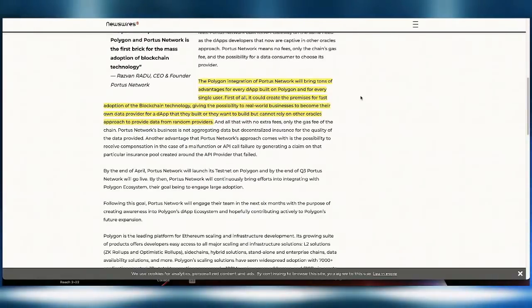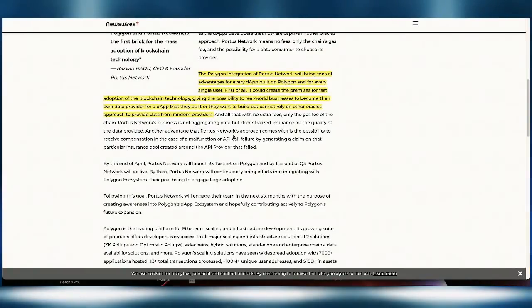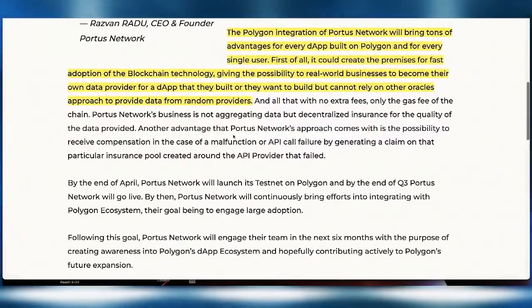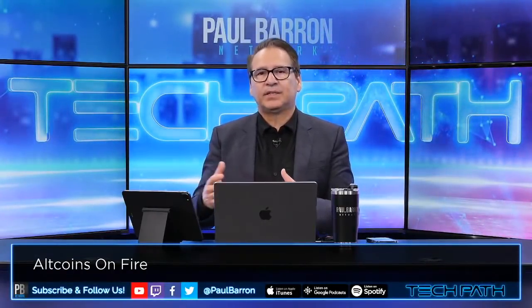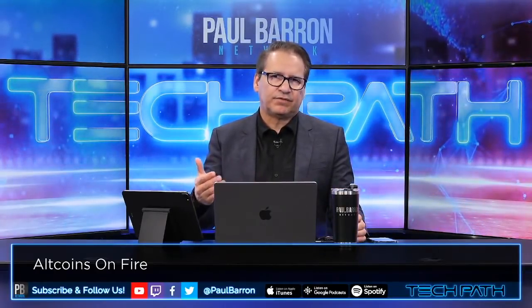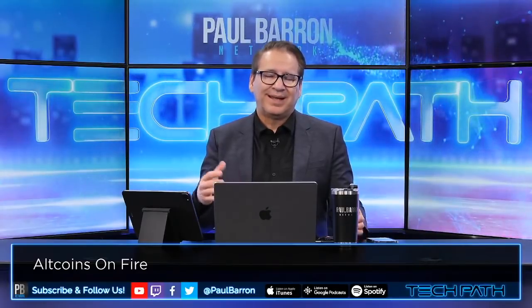It could create the premises for fast adoption of the blockchain tech, giving it really kind of a real world business use case. And this, I think, let me zoom in on that a little bit. This, I think, could be a scenario where we start to see Polygon maybe getting some real world application development. And that's when you start to see a lot of Web 2 transitioning to Web 3. When you have those kinds of tracks coming into the space of blockchain and Web 3, that's a good thing,